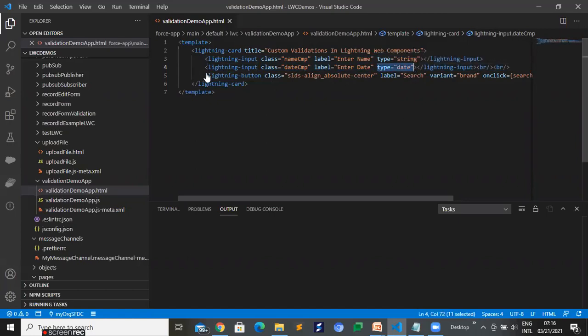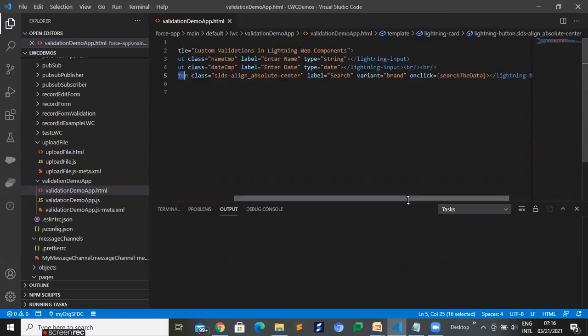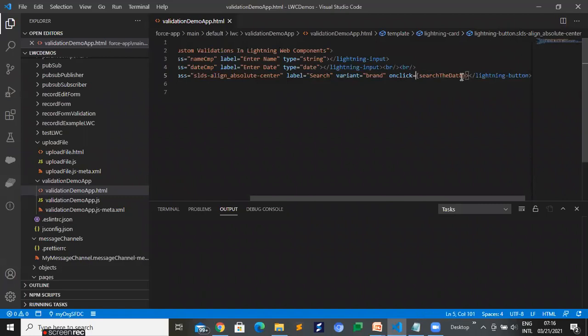And when we click on the lightning button, then it will call your function. The function name is searchTheData, right? So you can associate your button with any method that you created in your JS file. Now look into the JS file.